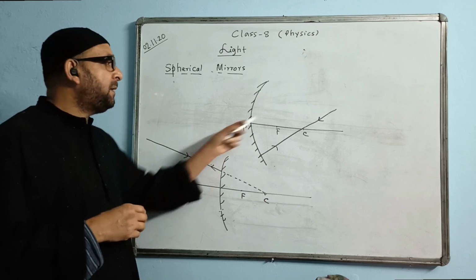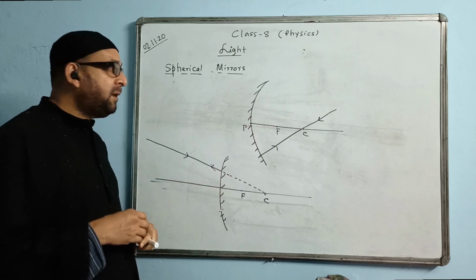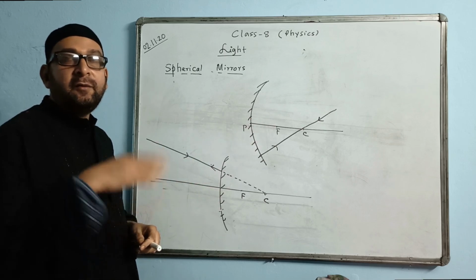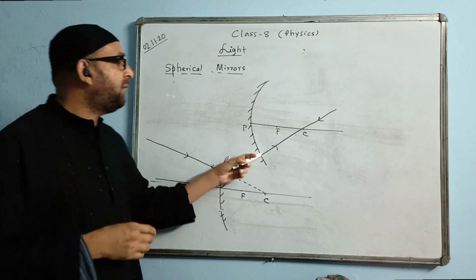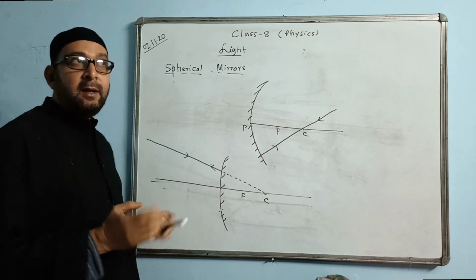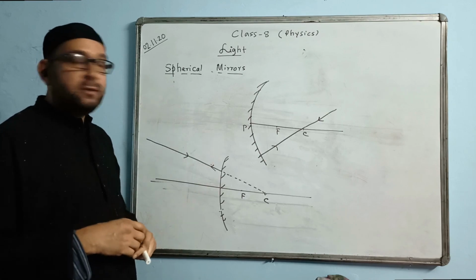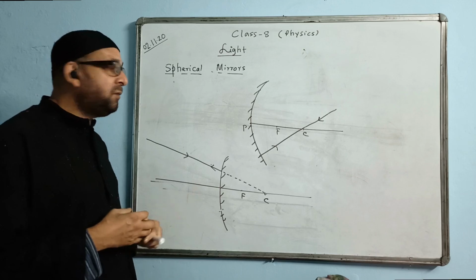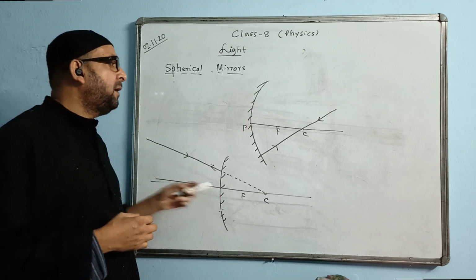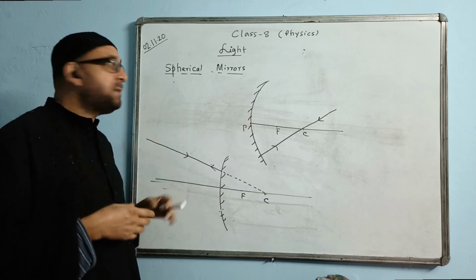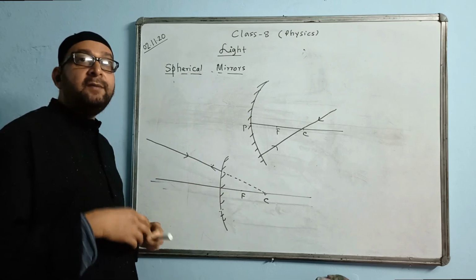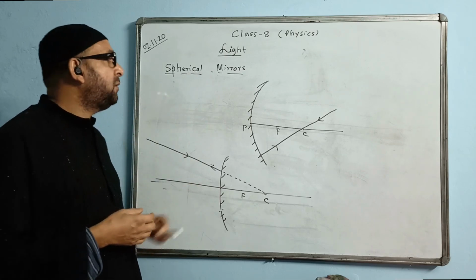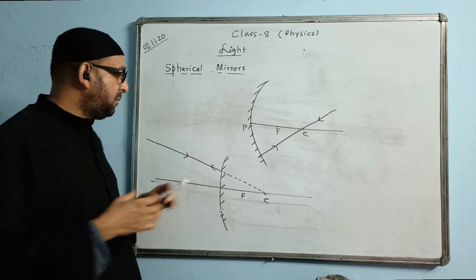You may be asked to complete the diagram. This kind of incomplete diagram may be given, and you will draw the reflected ray in each case. This is the reflected ray returning back in the same direction. In case of focus, I drew it, so we will draw like that only. The definition you have to remember well and then identify. And the formation of image by a spherical mirror is in the class 9 syllabus, so it need not be done in class 8 right now.